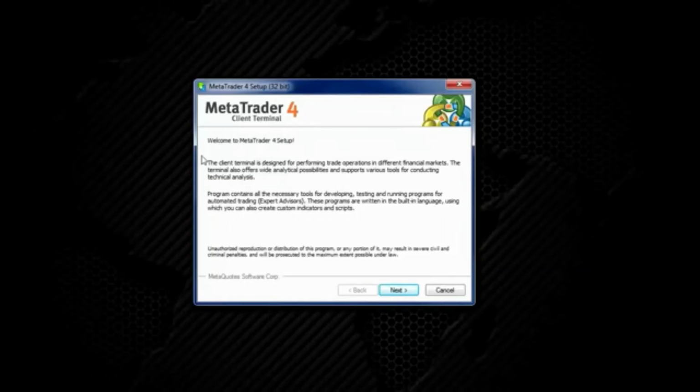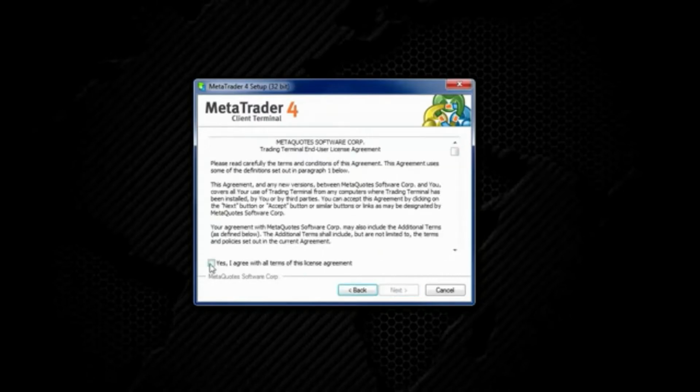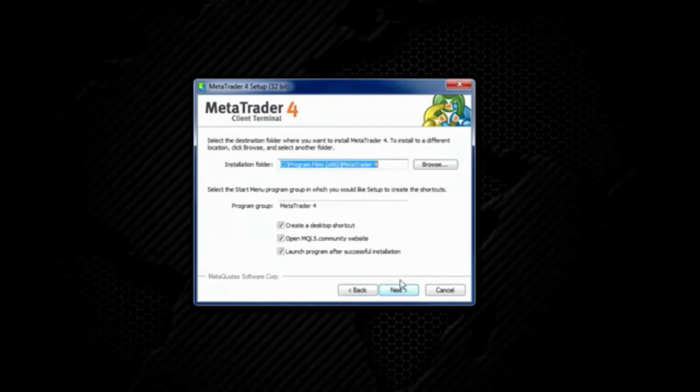MetaTrader 4 client terminal. Welcome to MetaTrader 4 setup. So next, yes, I agree. Next, I don't want to launch the MQL5, but I do want it to create a desktop shortcut, and I do want to launch the program. This is where it's going to save it on your computer. The program files x86 MetaTrader 4. So next,